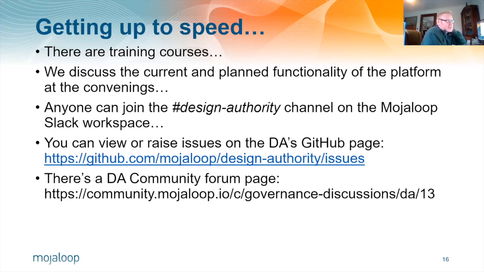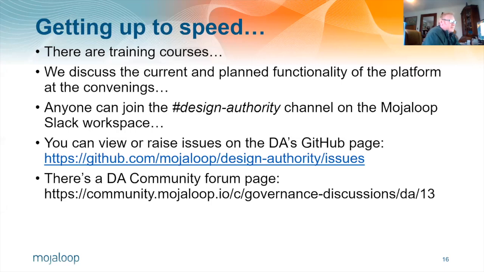So come and join us on Slack. There's a public design authority channel. You can see it there on the Mojaloop Slack workspace. The DA manages a backlog of issues that it works through using GitHub issues, and you can see a link there into the Mojaloop organization on GitHub. The design authority repository there has all of the issues in that backlog that are currently under consideration and discussion